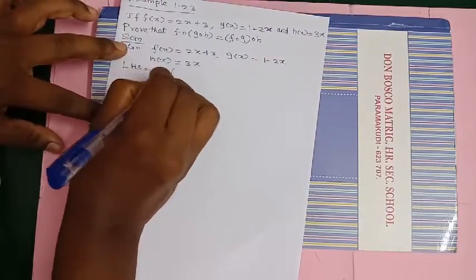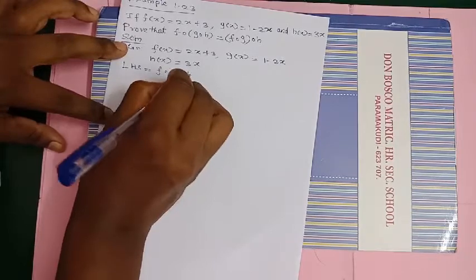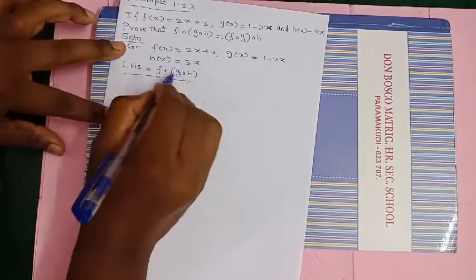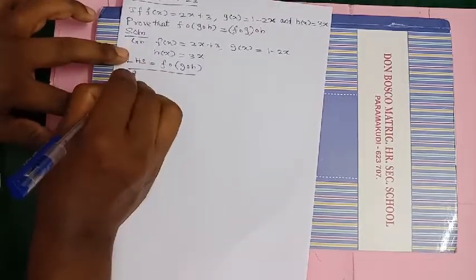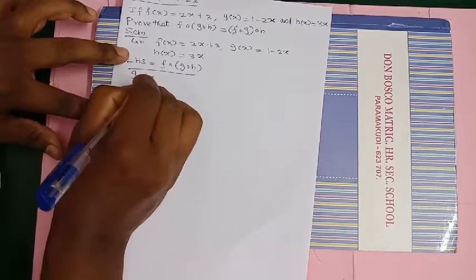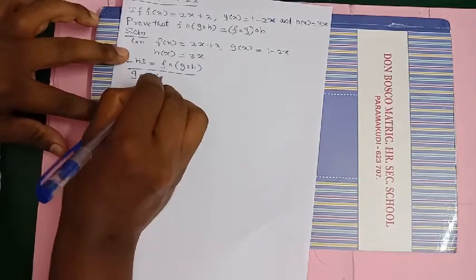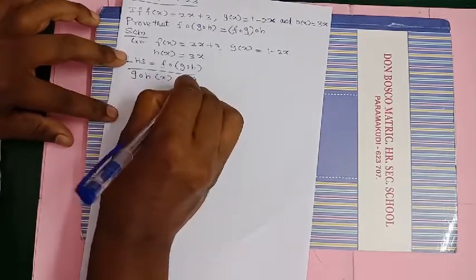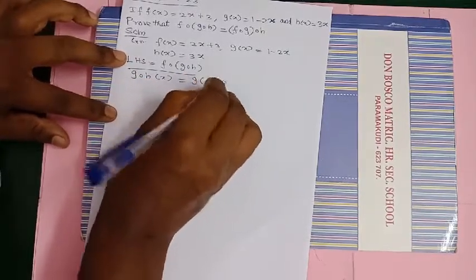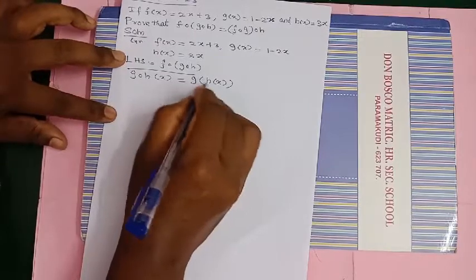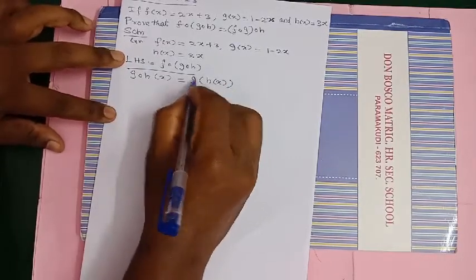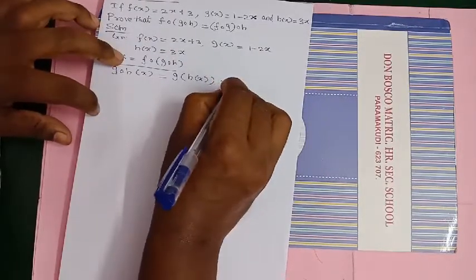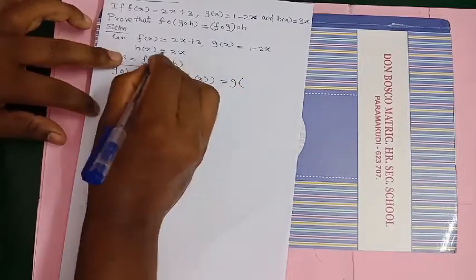F composition G composition H. First find what is given in the bracket. G composition H of x is equal to, what is the meaning? It is G of H of x. When you remove the composition, it will be function of function, G of H of x, which is equal to G of, what is H of x? H of x equal to